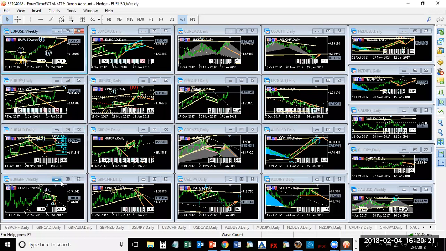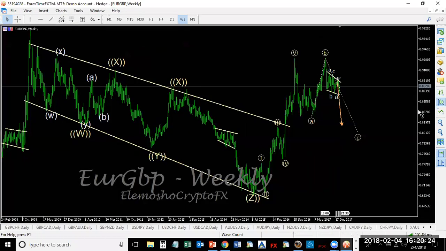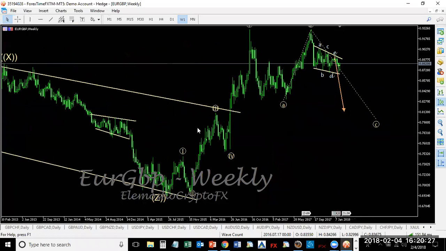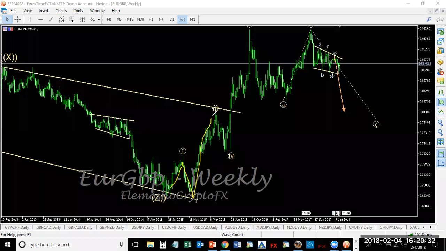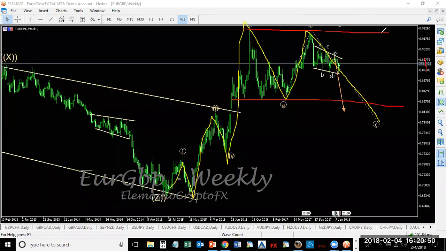So after Euro GBP has done that, this is where we are right now. So we have 1, 2, 3, 4, 5, which I'm going to draw now. 1, 2, 3, 4, 5. The market's correcting A, B, and C. So that is why in the group, I was telling you guys to only be looking for sell opportunity, because of this overall structure that I can see in the chart. There's a possibility that we can still have this move to the upside, so the downside, before market makes